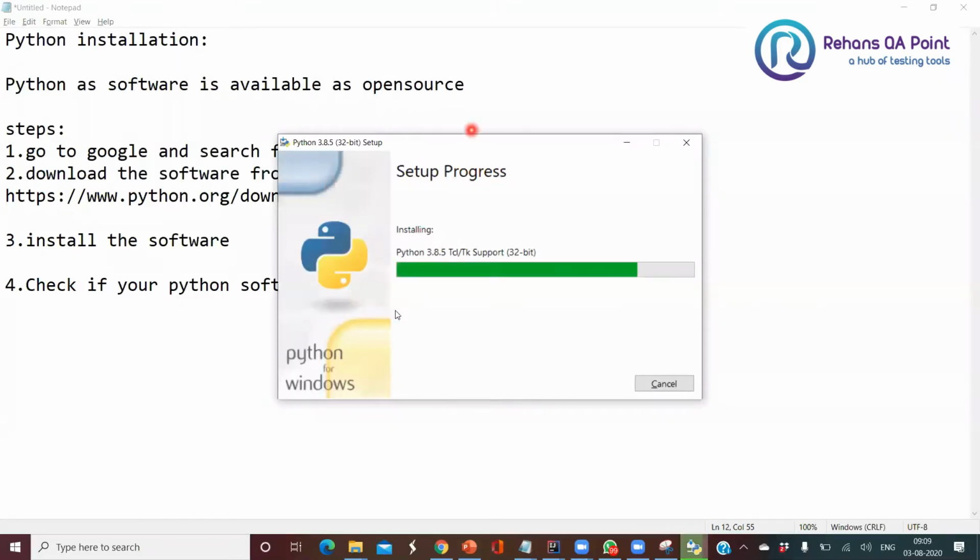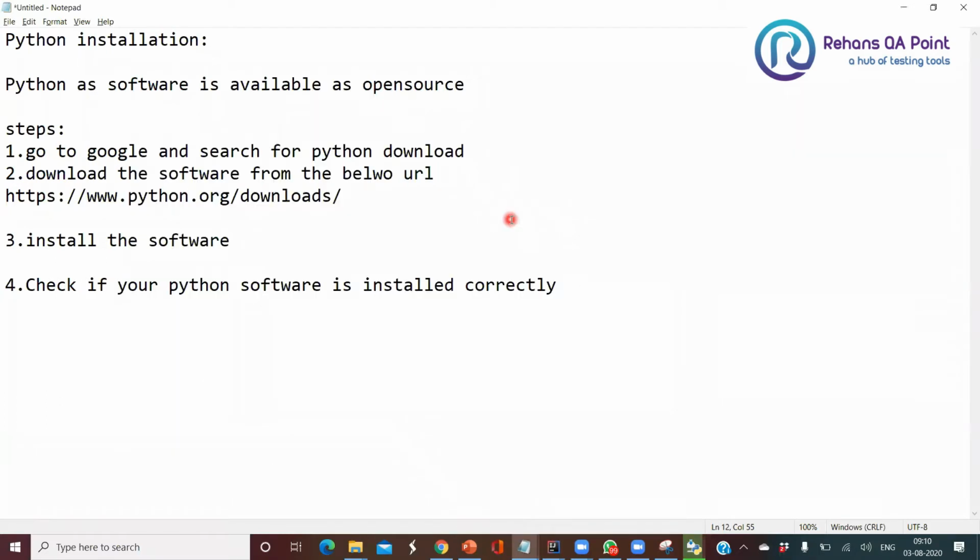Let it complete. Meanwhile, we'll see the steps to check that. The steps involved here are: open command prompt and type Python.